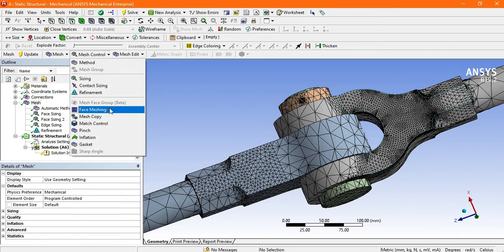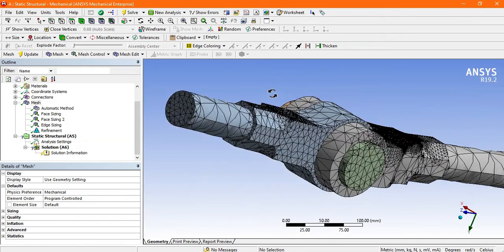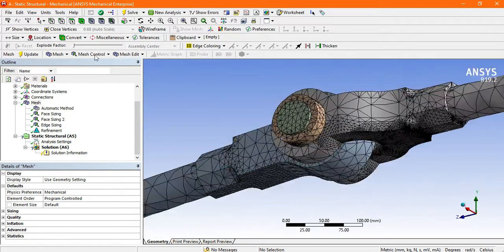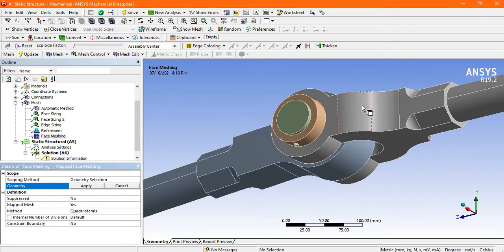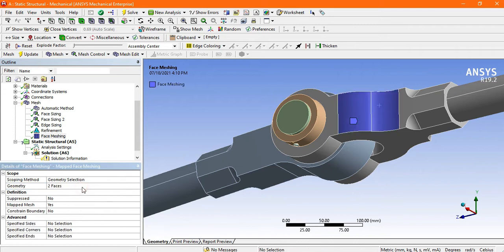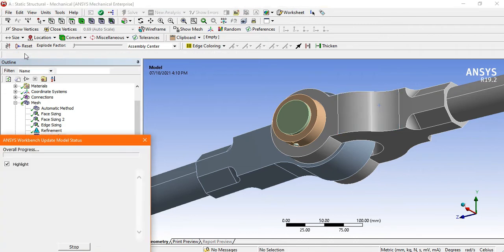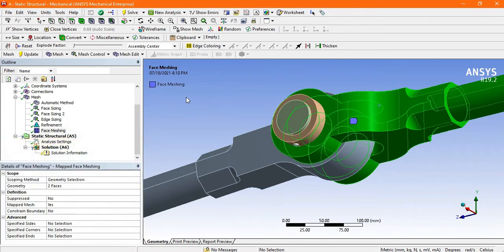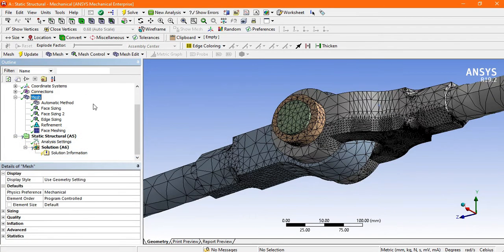Now next one is the face meshing. For face meshing, go to mesh control, face meshing, select this face, apply, and go to update. Now go to mesh.